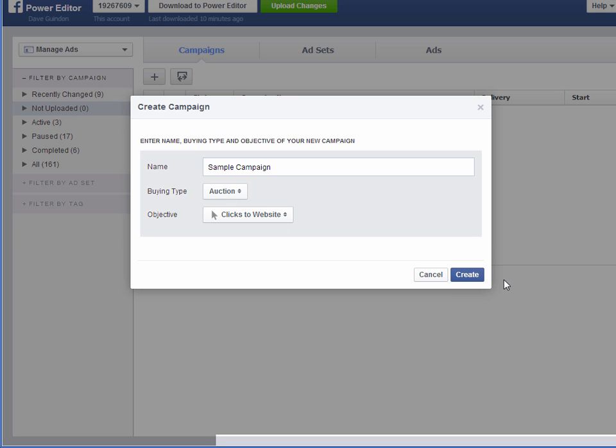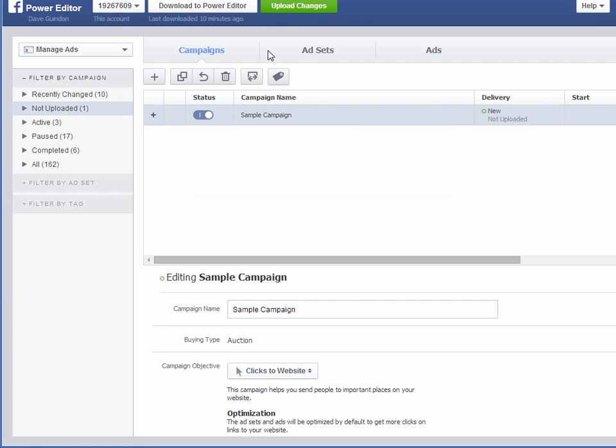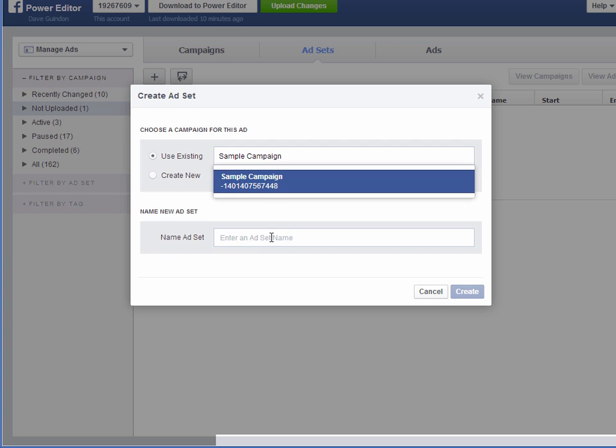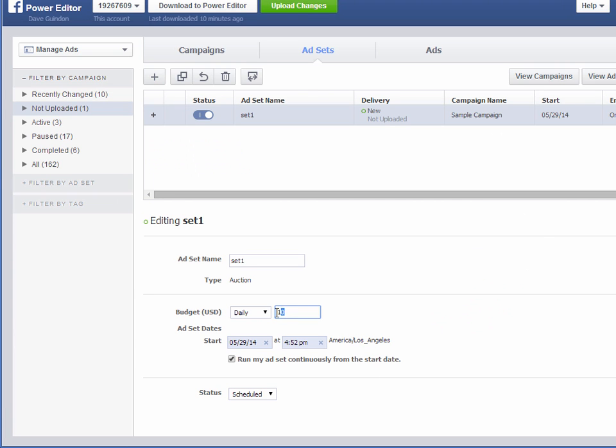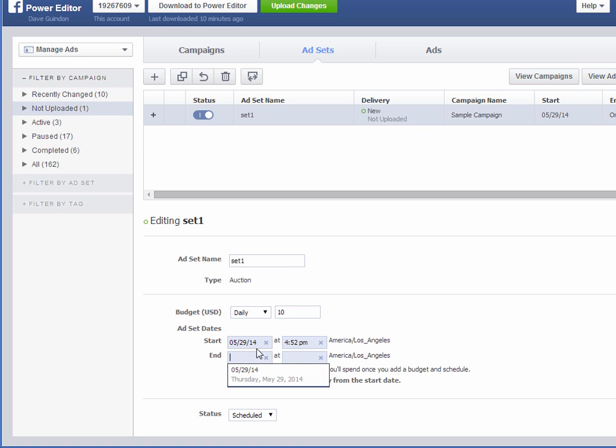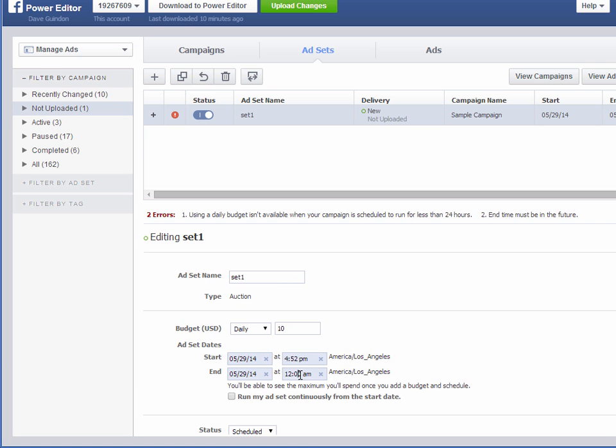I'll do auction, and I'll create an ad. Let's just do a real sample here. Ad set 1, create. Leave it at 10 bucks. So you see here, at this point, this is where I'd come in and I can hit run ad continuously from start date. Just click that, and this is where I would enter in 7 or 8